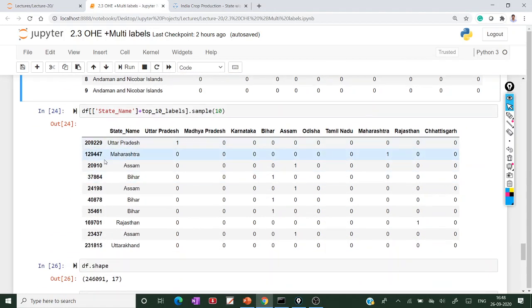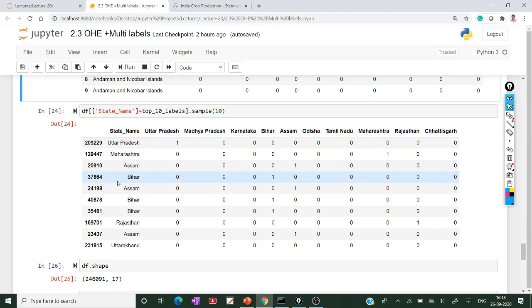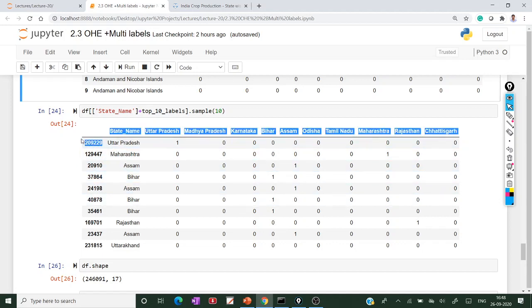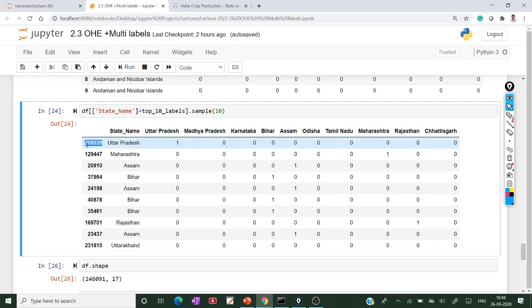If you see, I am taking some random samples. In the random samples, this is the observation number, meaning record number, the index number 2,92,000, 2,09,222. The 229th observation belongs to Uttar Pradesh. Uttar Pradesh is in the top 10 features, that's why this value is 1.